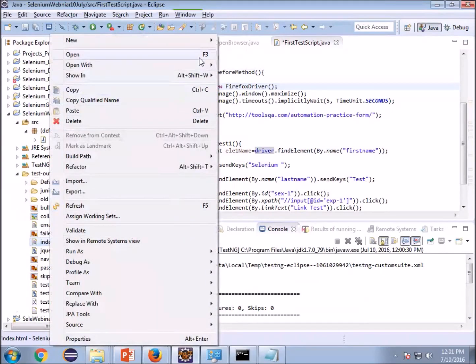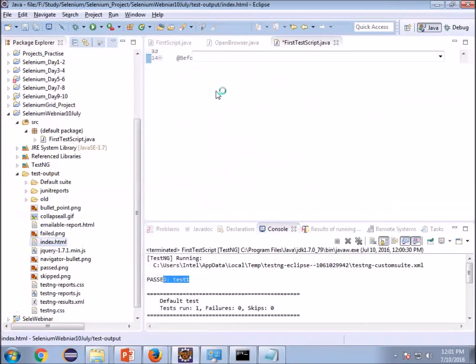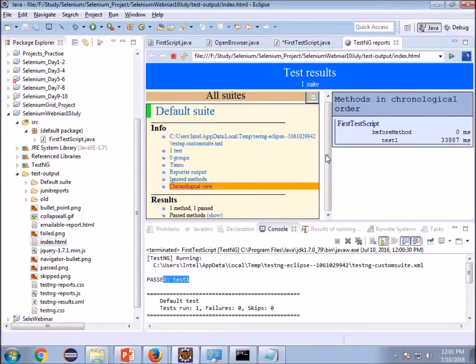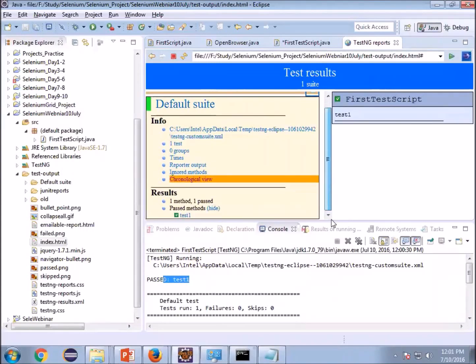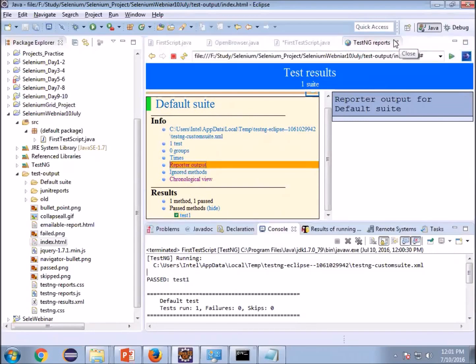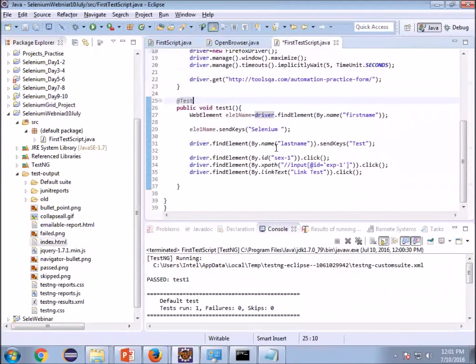If you open it with any browser, you will get the report which is presentable to the customer: that this test case has passed, how much time it has taken, which method has passed, which test case has passed. This was test one, which we gave the name. So this is how you report to the customer using TestNG.